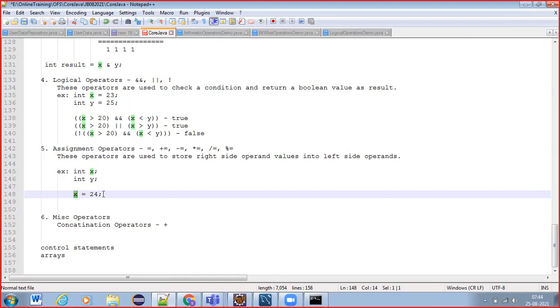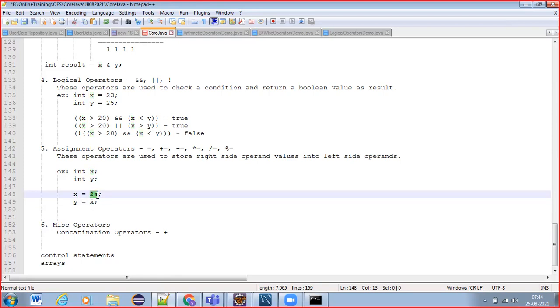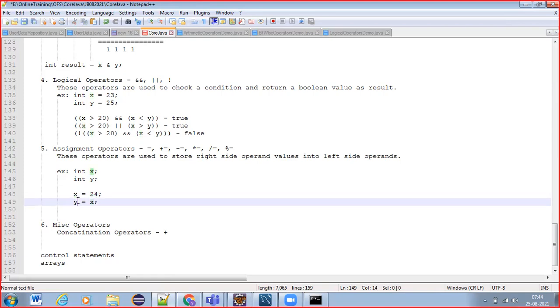Also you can write y equals x. So right side can be a literal, a value or a constant, anything can be there on the right side. This value is going to be stored in the left side operand.